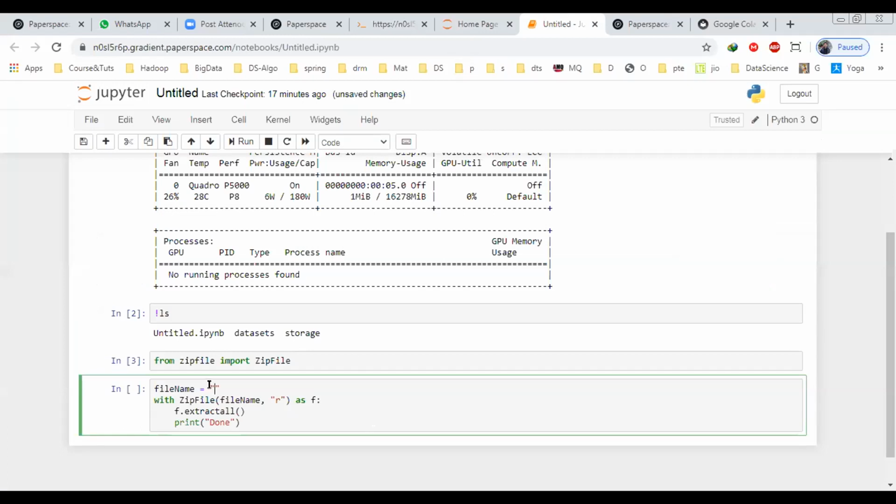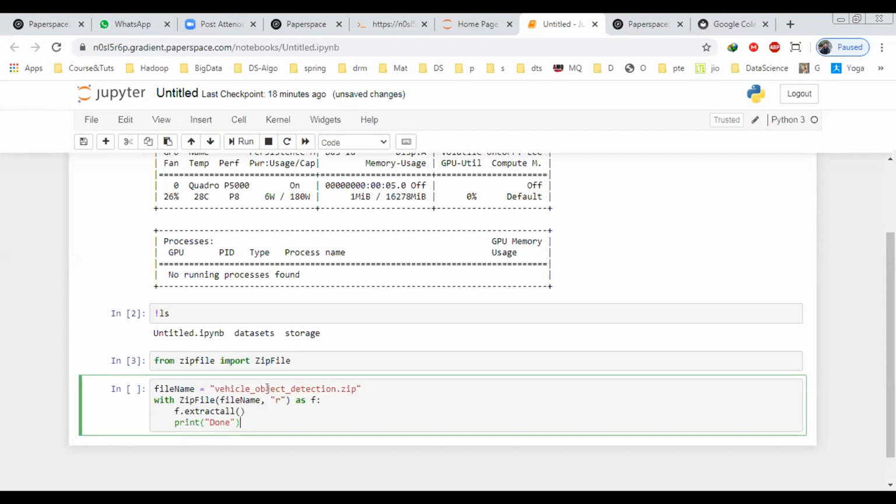We can also clone through the Git repository. We can make a zip of the data, that is also one of the steps. But sometimes what happens is when I upload a bigger zip file on the GitHub page, it gives me an error that it won't be able to upload this much data. I think there is some limit, 24 GB, I'm not sure. You have to check, because I have tried many times. So instead of that, you can just create a zip file and upload it here. That's all.